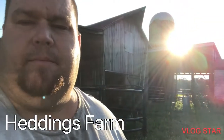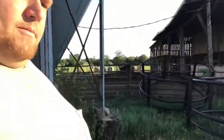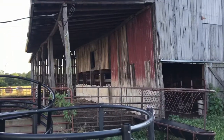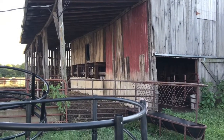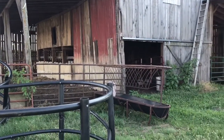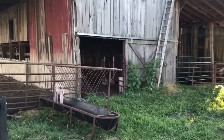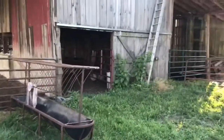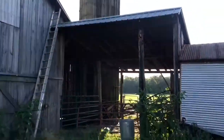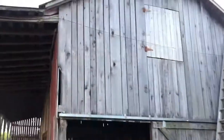See that barn behind me? I don't guess I ever talked about this barn. It's had some upgrades, some modifications recently over the years. But as you can see, the silo, the old drive-through. This old barn,